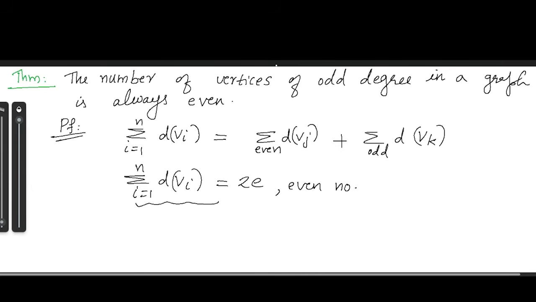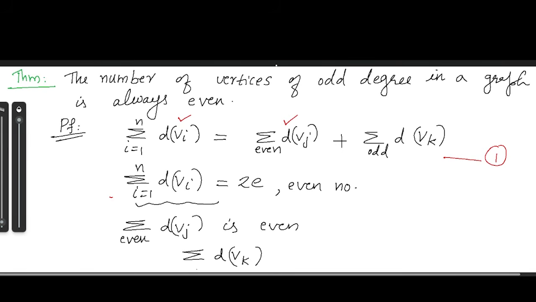And also sigma d of Vj, over even degree, is even. This is also even. Why? Because here we are taking the sum of even numbers only. Okay, so you can see that in equation number 1, LHS is even, and this term is even. And so from equation number 1, you can have